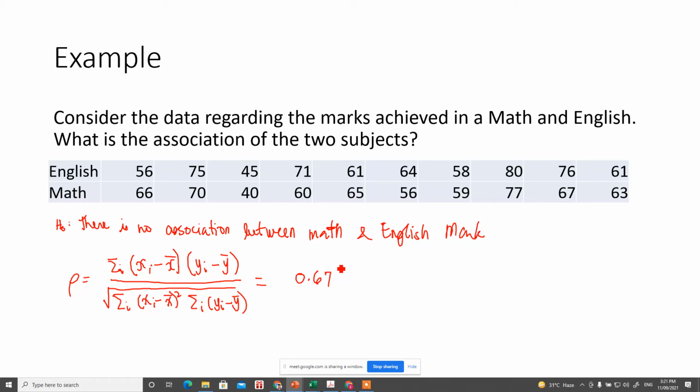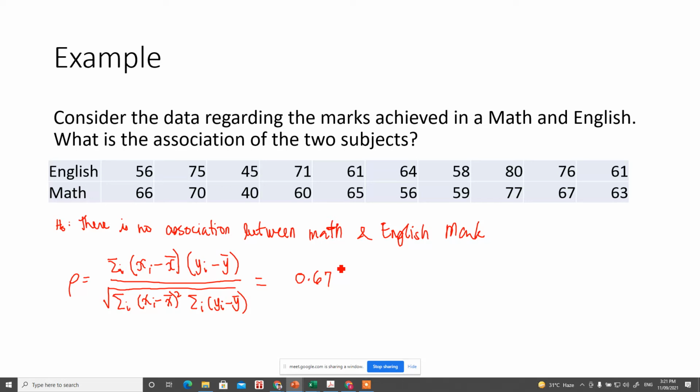So in this case, this indicates that we can still use the interpretation of the coefficient of the Spearman rho, the Pearson product. If you can still remember the interpretation of the coefficient in the Pearson product, 0.67 indicates that there is a moderate positive relationship between the ranks of the individuals in the math and English